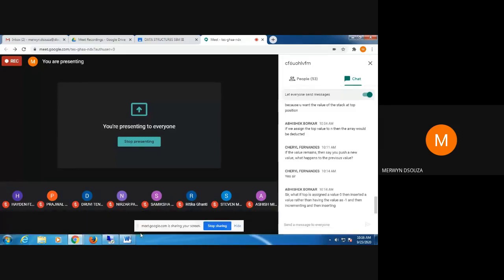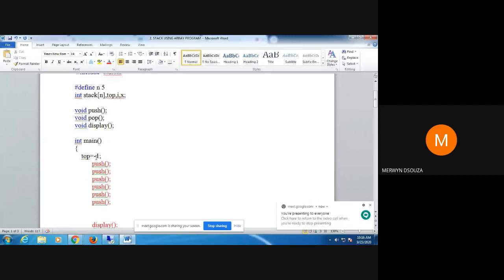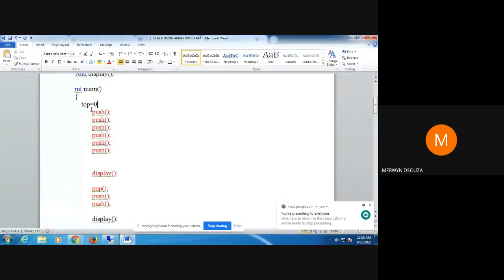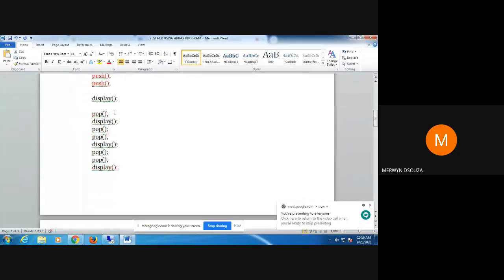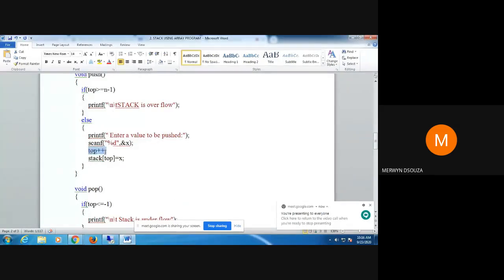Yeah, Abhishek, you'll have to take care of this part then. Suppose you have made this top as equal to 0 here. When you call this push function for the first time, this top will get incremented, so top will become 1.